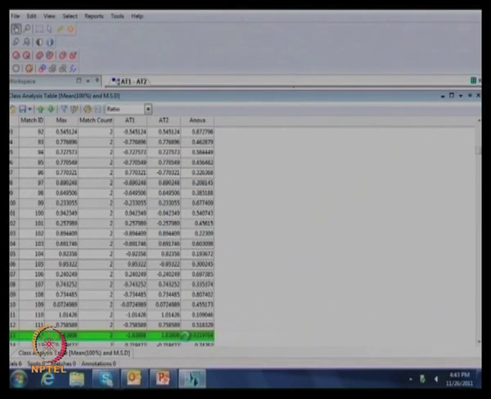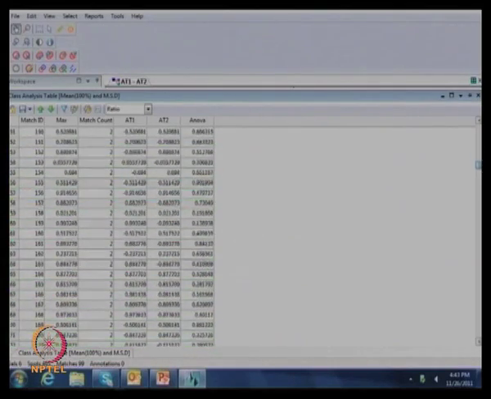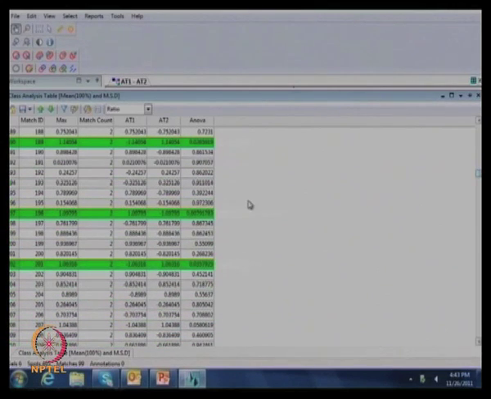All the spots which have this particular ANOVA value are highlighted here. Now it is very easy, one can easily go through that, and this table you can easily export to Excel also. From there you can have your complete data. This is what the analysis software gives you as output.